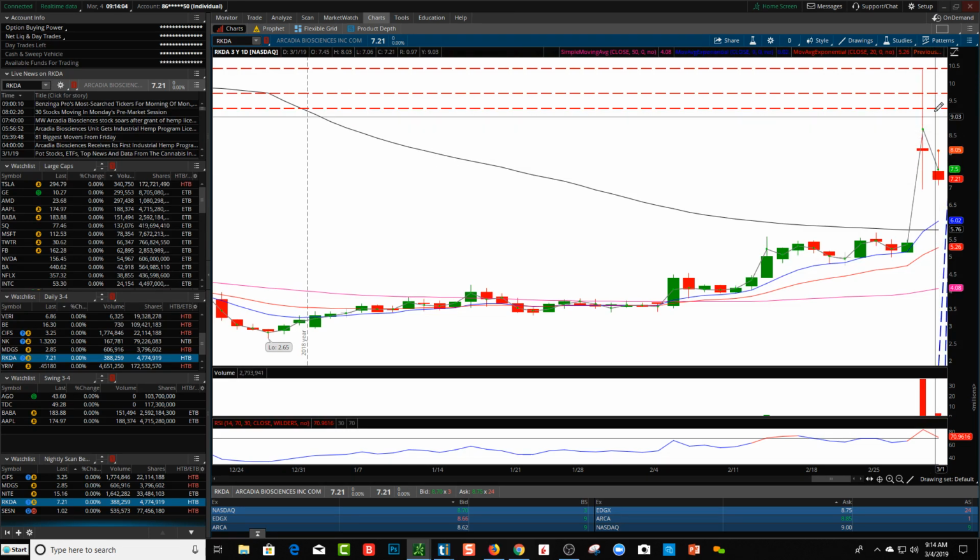So with RKDA, you can see the spinning top and this high wave candle. It makes it really nasty. But at the same time, there'll be some volatility either to the upside or to the downside. So you are a hunter of volatility when you're day trading. So, again, this gets a little bit nutty, but if we look at